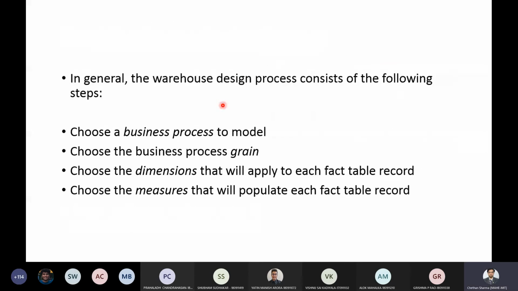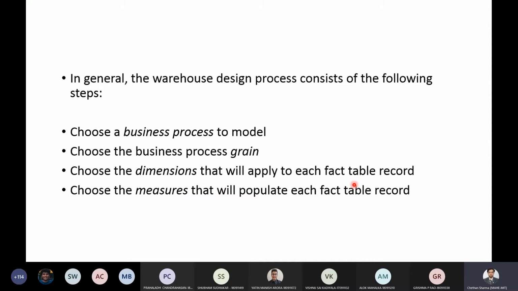So you have to choose which fundamental atomic level of data is to be represented in the fact table for a particular process. For example, individual transactions and individual daily snapshots are examples for this grain.